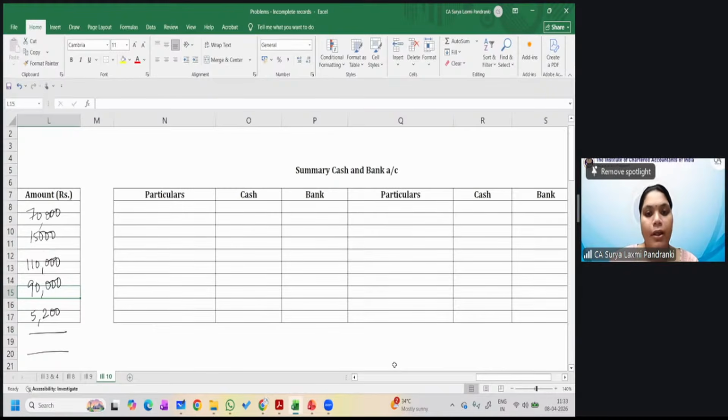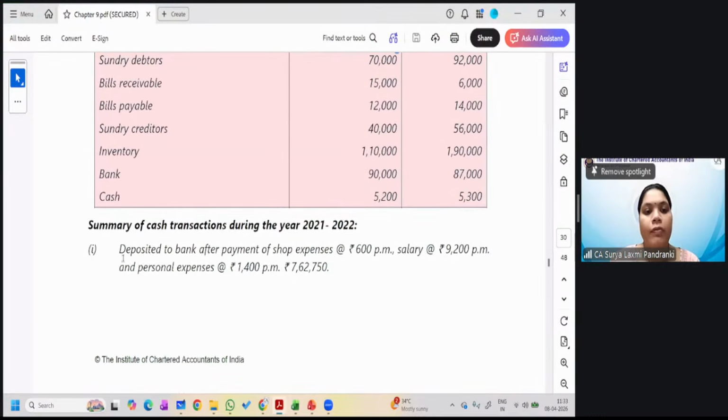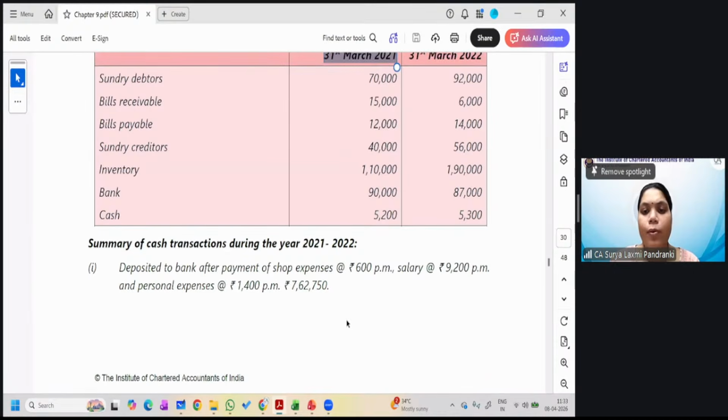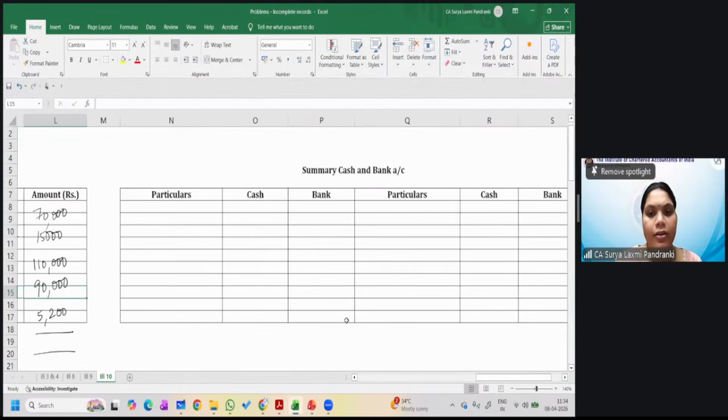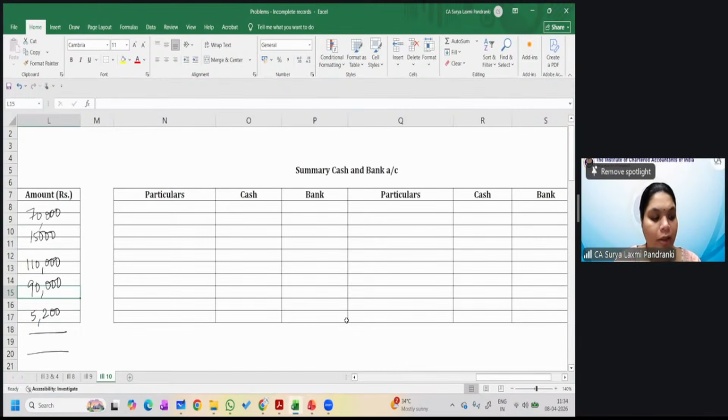summary of the cash and bank account. We have so many transactions given here, right? Let us do one by one. I have opening and closing balance of both cash and bank. So let me take that. Where will the opening balance come up? On the debit side or credit side? Opening balance of cash and bank will come on debit side or credit side? Debit side for sure, right? So to balance